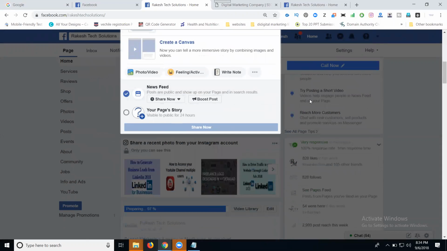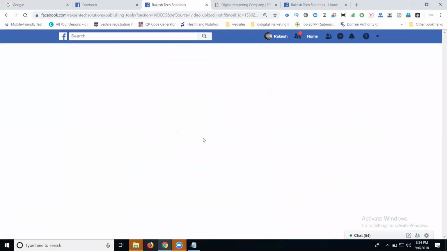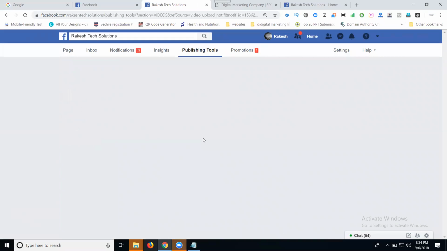They're posting here. Wait for a second. Once the video is uploaded, it shows in the left corner side. You're done. Now click on this option, video upload, and you can see your video library. The option is called publishing tools.